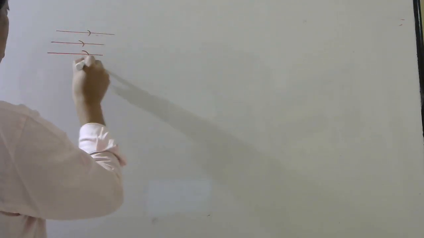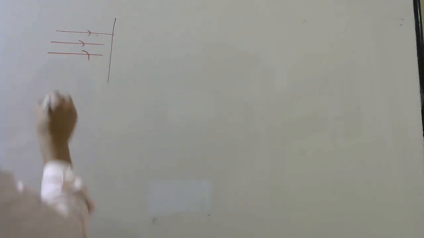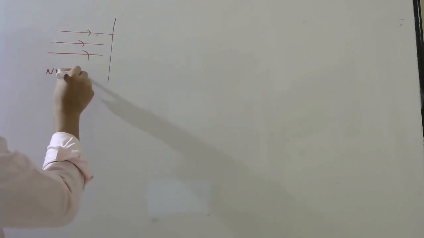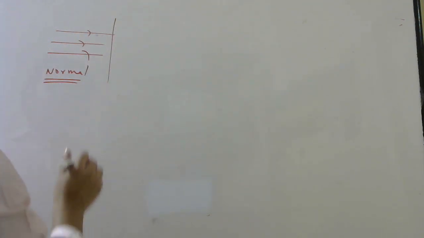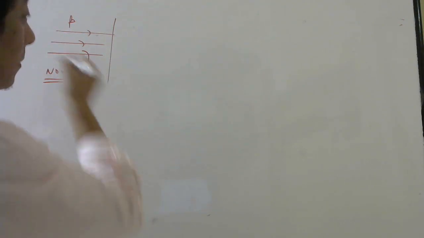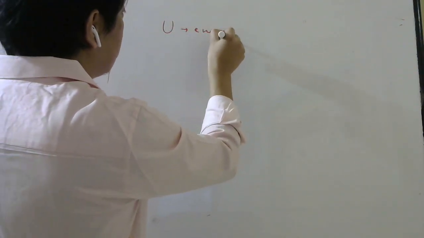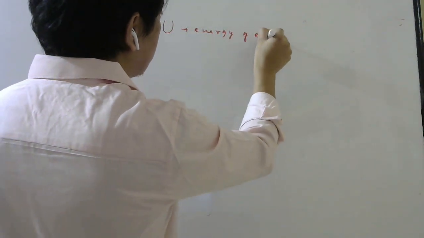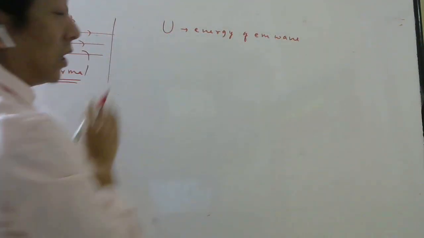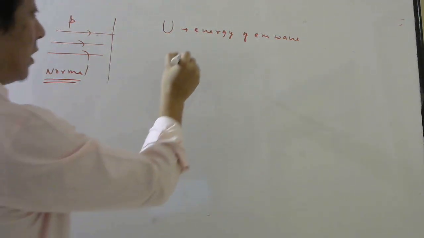Now when radiation falls on any surface, normally, okay, normally. At an angle also we will study for little higher level exams, but right now imagine it is falling normally. Now the momentum carried by this radiation we should be able to calculate. Now if the total energy is capital U, if this is the total energy hitting the surface in time t.